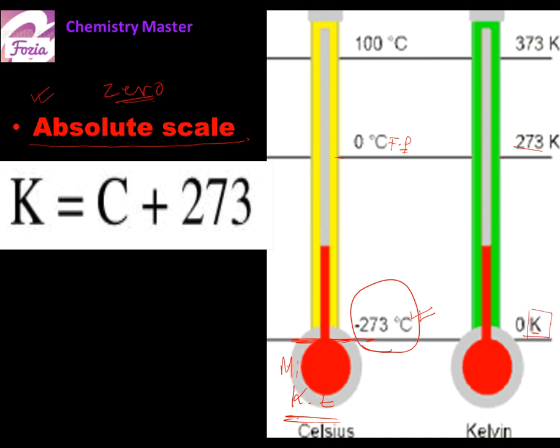That's why a special name is given to it, that is Kelvin. We need to know how many degrees Celsius will be equal to how many Kelvin, so we made a separate equation for this. To know the Kelvin, we need to add 273 to the degrees Celsius. You will require this calculation during your numericals. Just remember that the absolute scale is the Kelvin scale, which is not a degree one.